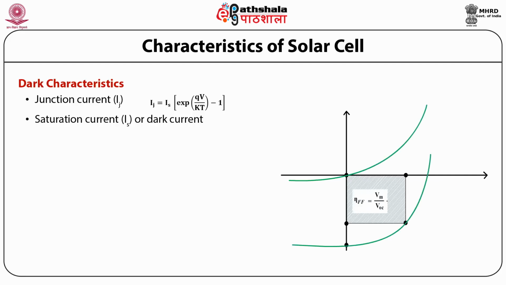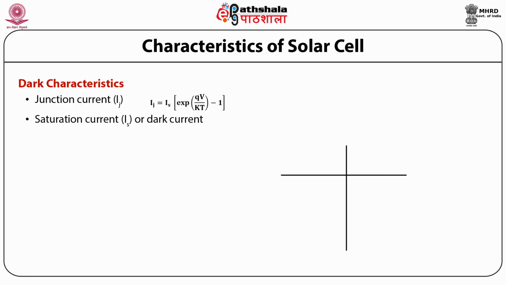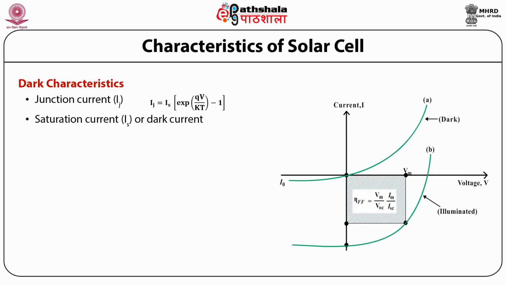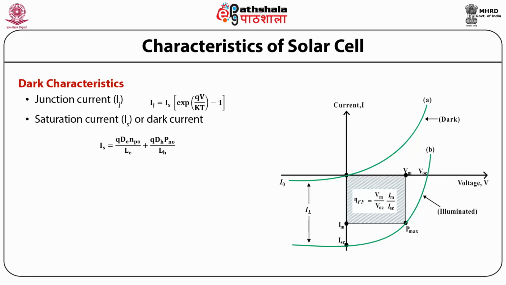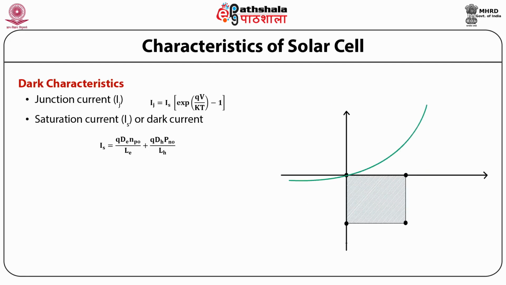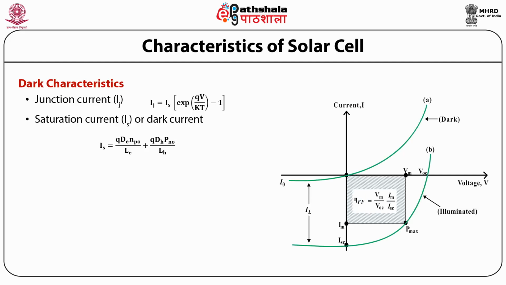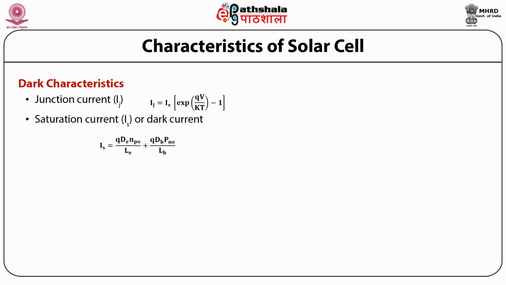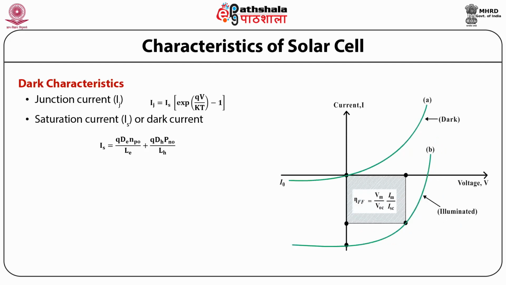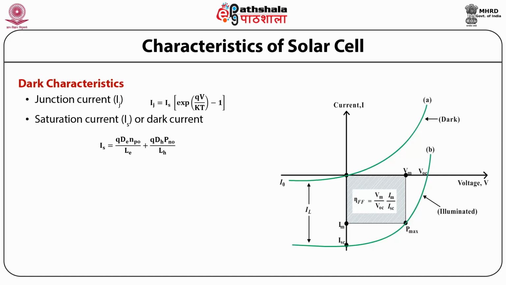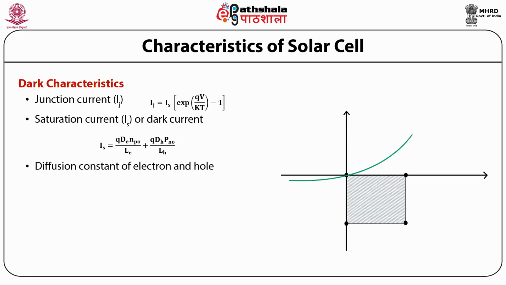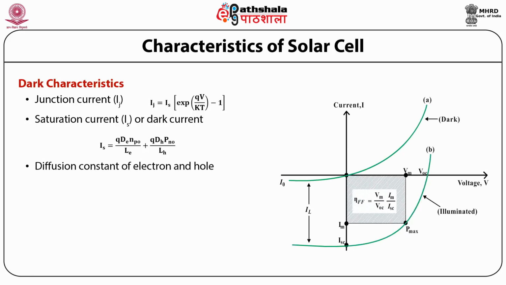This saturation current, Is, arises due to the diffusion of minority carriers and is given by Is is equal to q De Np0 by Le plus q Dh Pn0 by Lh, where Np0 and Pn0 are the thermal equilibrium densities of electrons in the p region and holes in the n region of the junction, and Le and Lh are the diffusion lengths of electron and hole in the p region and n region respectively, and De and Dh are